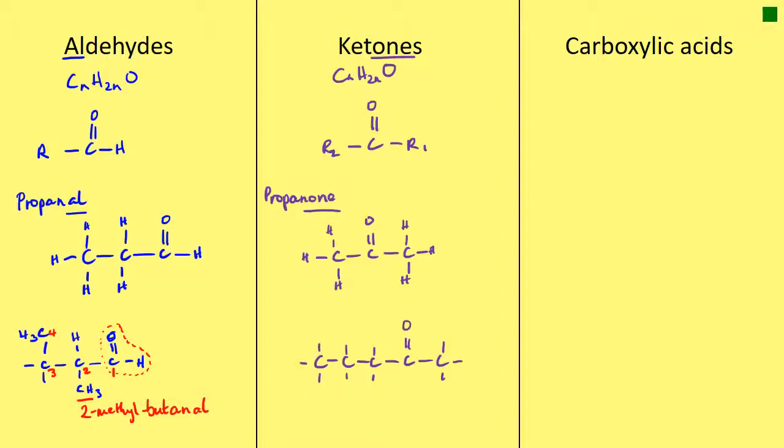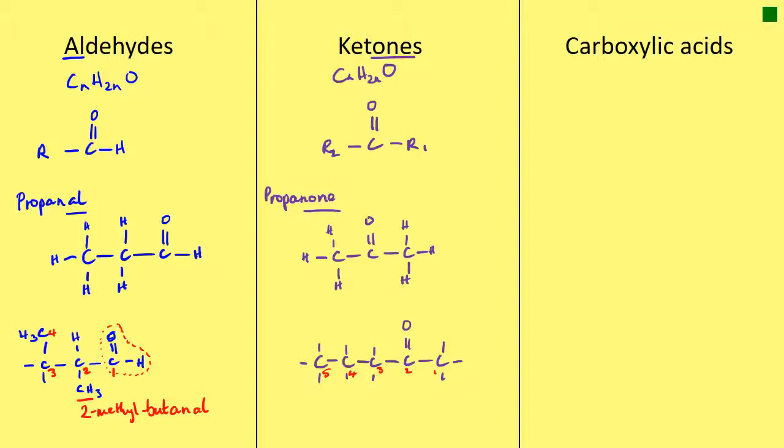Okay, so let's name this one. So we're going to number the carbons first, and what we want to do is number them from the end that makes the carbonyl group have the lowest number, right? So that would entail numbering from the right. So that would be 1, 2, 3, 4, 5. So we've numbered the carbons. Now we've got no methyl groups or anything to worry about. So we just have to illustrate where the carbonyl group comes in the carbon chain. You can see it's on